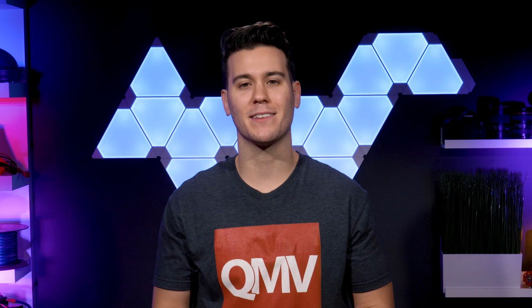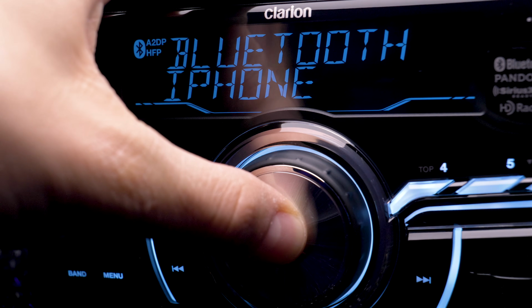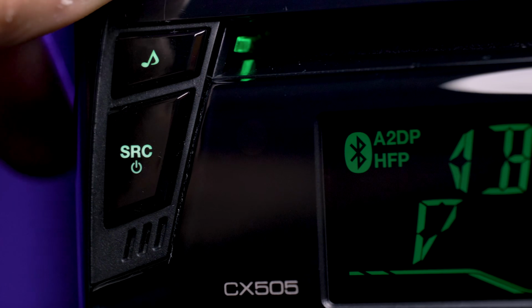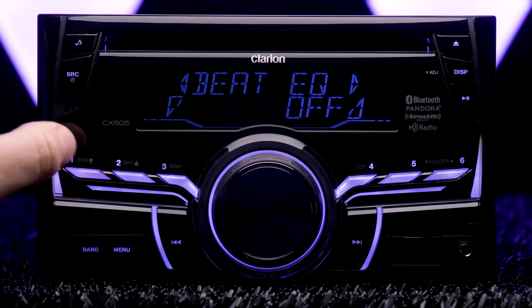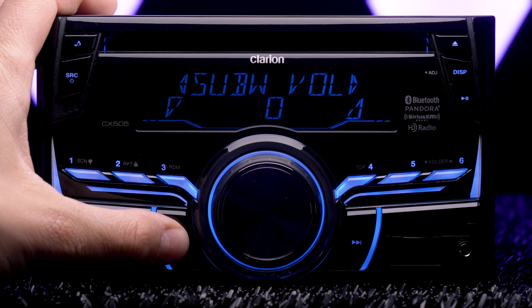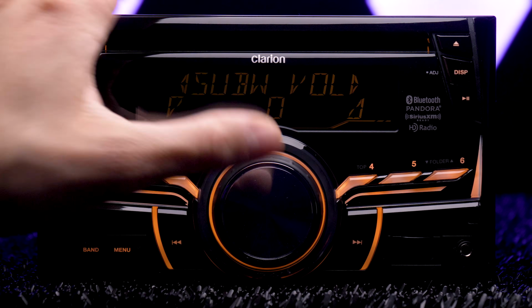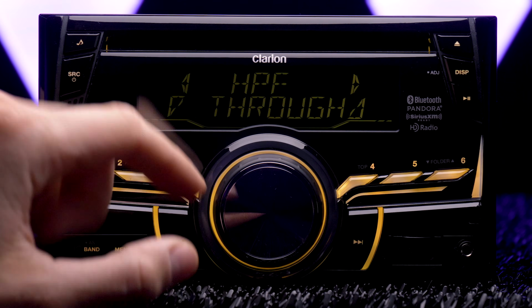Navigation through the radio can be a little confusing at first. On most CD receivers, a single press on the rotary dial brings up the menus for audio, display, and system. However, the CX505 is a little different. The audio settings are accessed with the music note button on the top left. That one was easy to figure out. This will bring up customizable settings including 3-band Beats EQ with presets, subwoofer level, low-pass filter, high-pass filter, fader, and